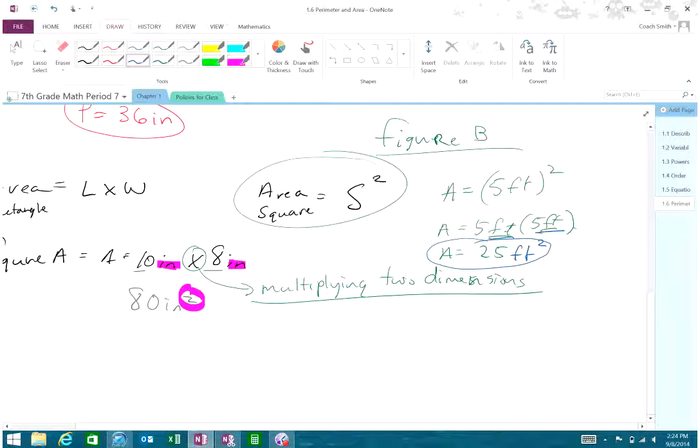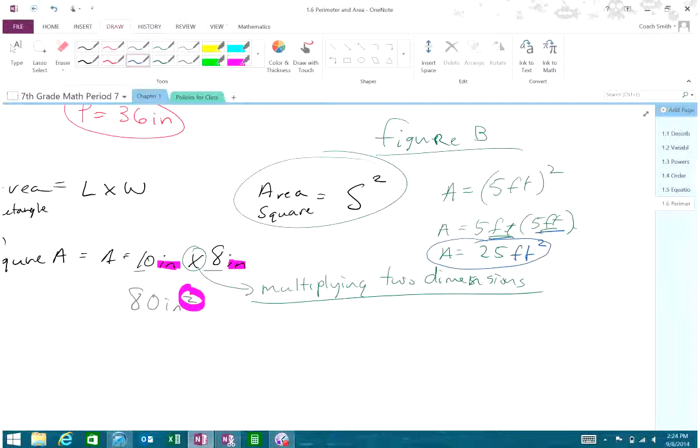Now, realistically, all you have to do is take 2 sides and multiply them together. You don't have to remember that formula. It's length times width. Is the length different than the width on a square? No. Okay, so it's just length times width. All right, now,